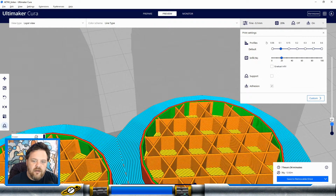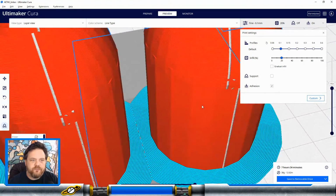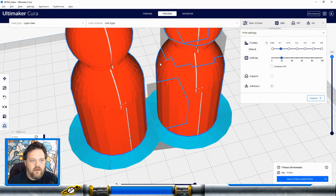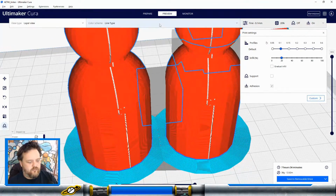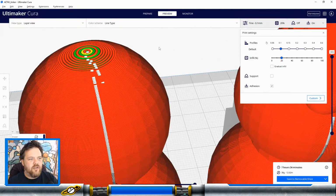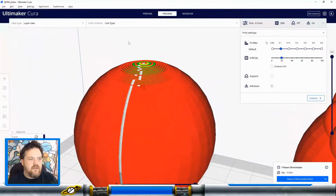Now when you're looking at your models and you want to see how things print, points of high extrusion, all the way up here, points of high extrusion up here, you would start to see multiple colors. Now if you see right there,